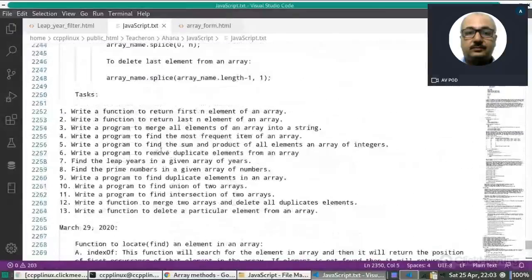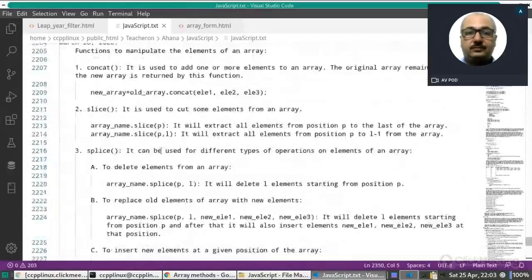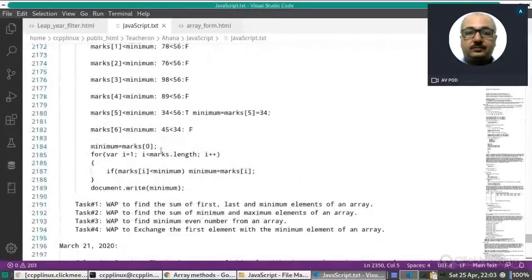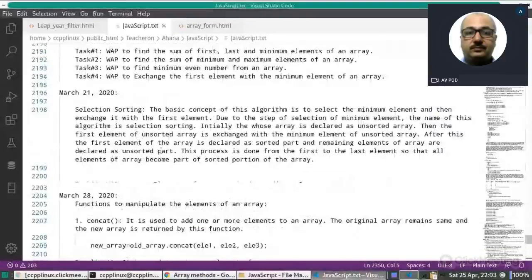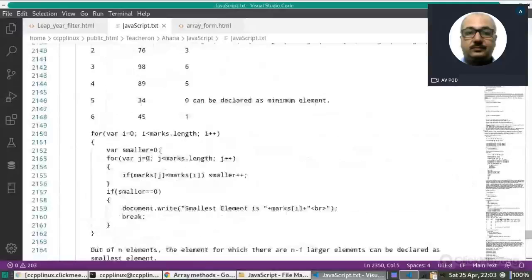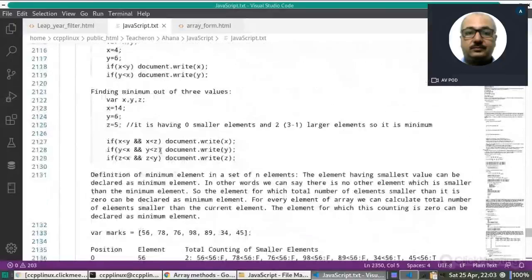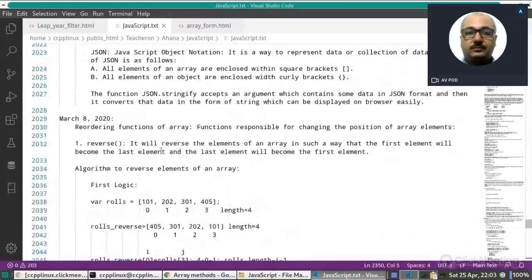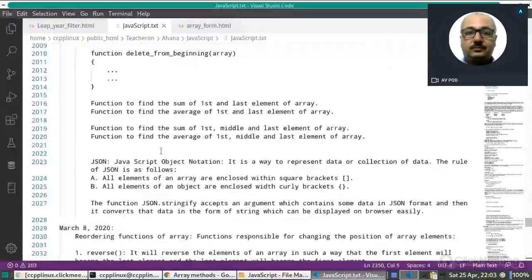Because we have written so many functions. This was for the selection sorting, and before sorting there were some other functions also, I think. Reverse was there, for example.